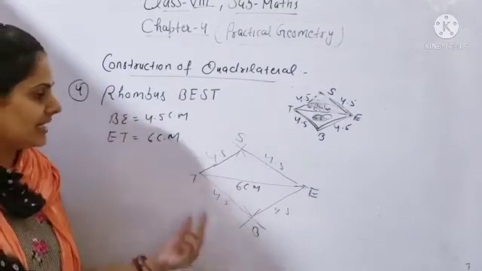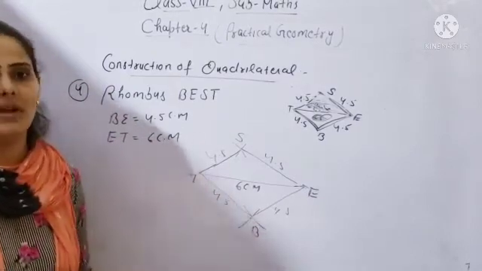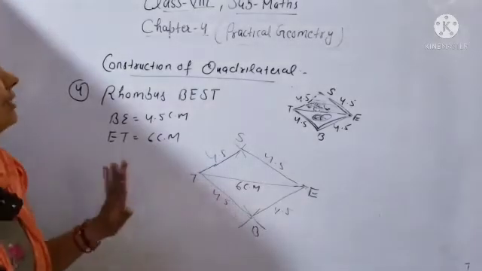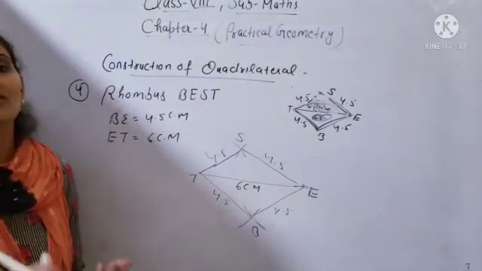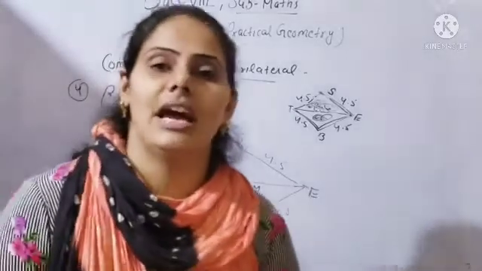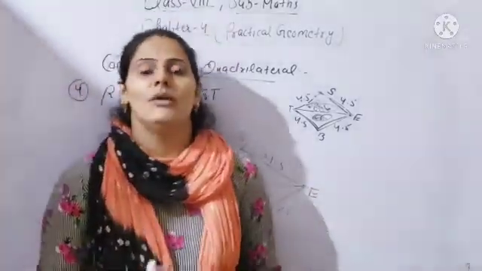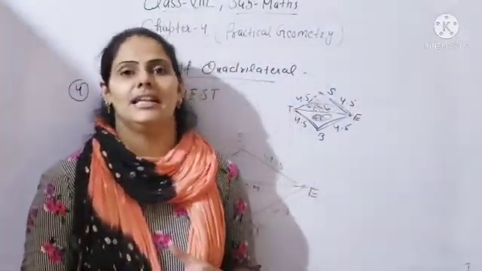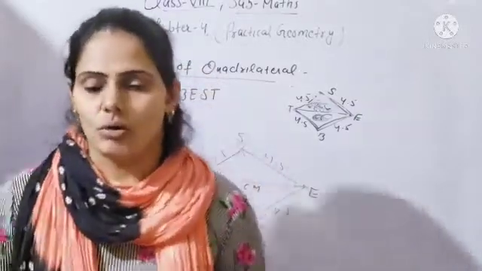So here you can see all the sides are equal in length, and this is 4.5 centimeter. Clear all of you? So like that you have to draw the rhombus. So beta, in first exercise what is given? How will you construct any quadrilateral when four sides are given and one diagonal is given? So we will construct our quadrilateral.